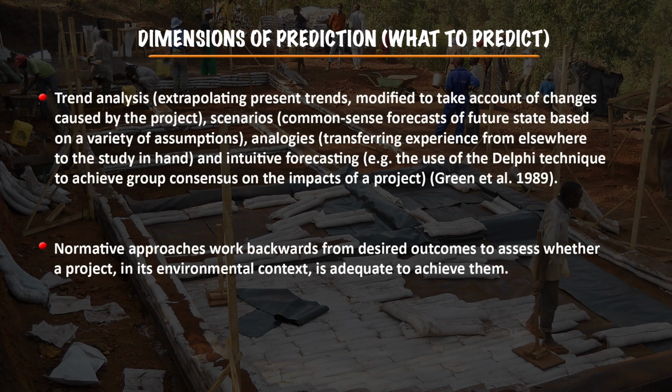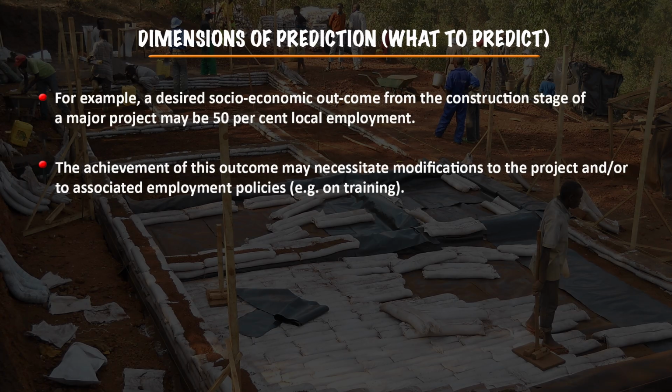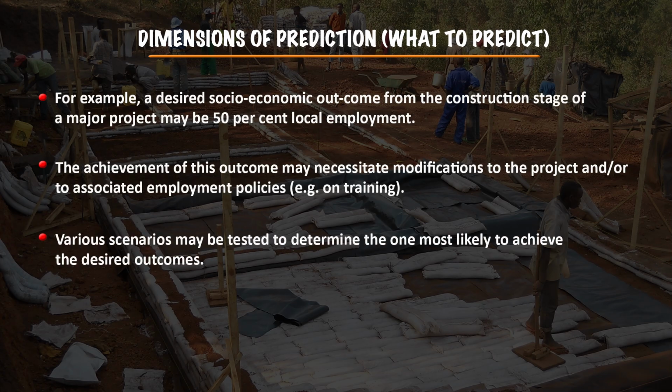If it is a normative approach, then we work backwards from desired outcomes to assess whether a project in its environmental context is adequate to achieve them. For example, a desired socio-economic outcome from the construction stage of a major project may be 50% local employment. The achievement of this outcome may necessitate modifications to the project, or associated employment policies like training. And there are so many scenarios that may be tested to determine the one most likely to achieve the